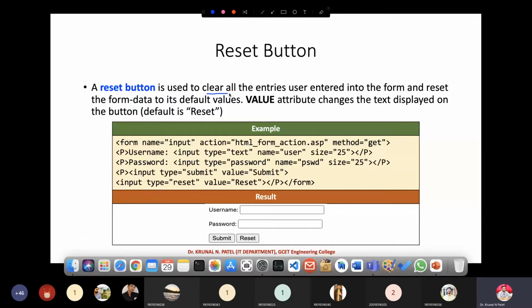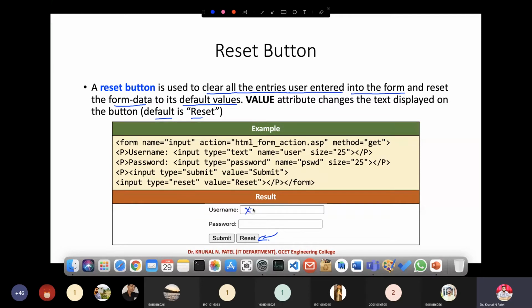The reset button is used to clear all entries the user entered into the form and reset form data to its default values, right? And the value attribute changes the text displayed on the button, that is Reset. So here you can see the reset button we have.